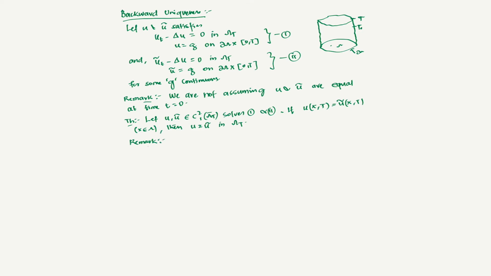It is saying that if two distributions, meaning functions maybe, u and u tilde, in omega, agree at some time t1 positive, and of course the boundary values have to be the same, then they are equal, provided